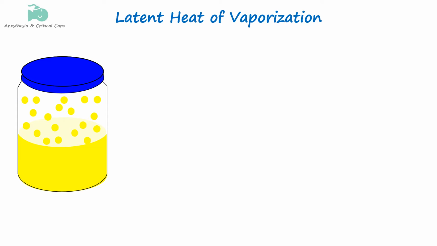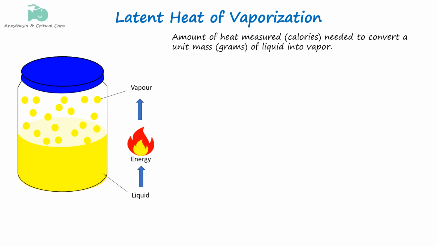Vaporization is the process where molecules transition from the liquid phase to the vapor phase, and this requires energy. This energy is known as the latent heat of vaporization. It is defined as the amount of heat needed to convert a unit mass of liquid into vapor. For instance, at 20 degrees Celsius the latent heat of vaporization for isoflurane is 41 calories per gram. The heat of vaporization is inversely related to the ambient temperature, meaning that at lower temperatures, more heat is required